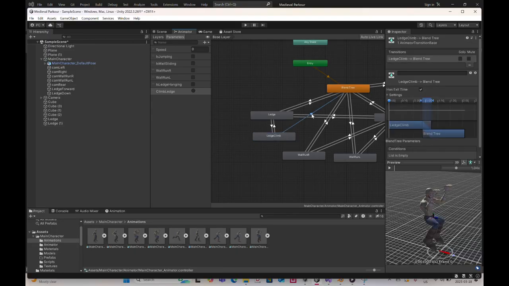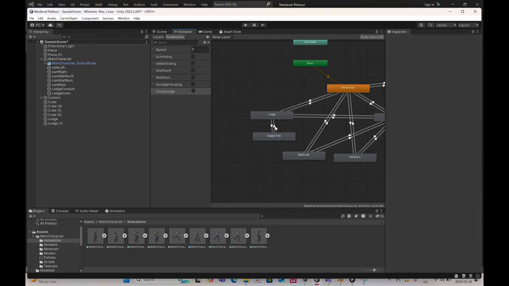No, actually, it's not going to do this. It's going to bounce back here, and if is ledge hanging is false, then it's going to go this way. So